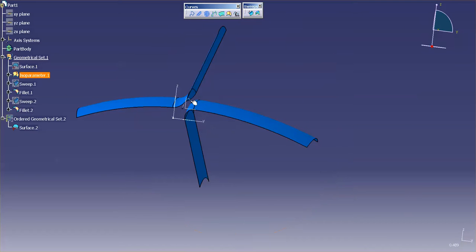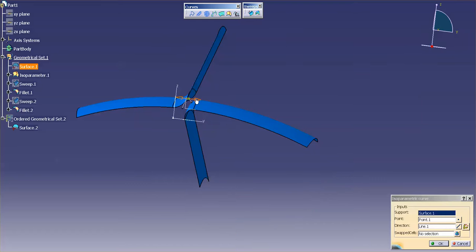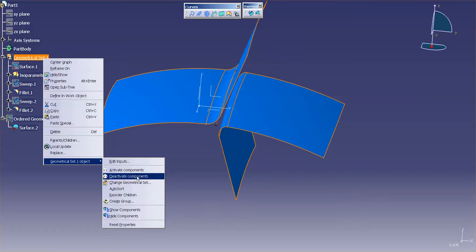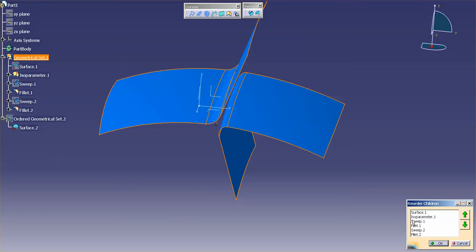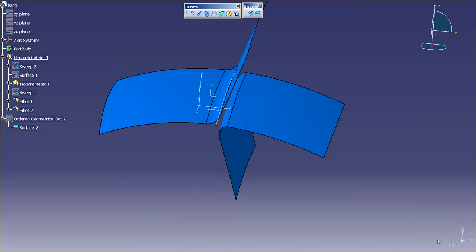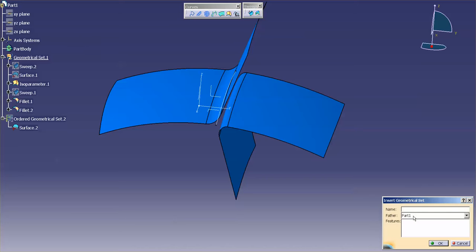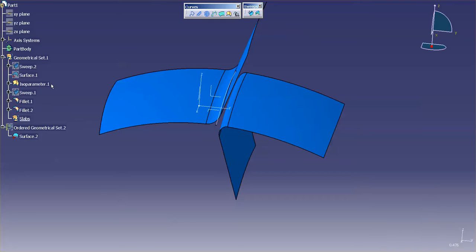So pretty easy, straightforward. I've got all of that data in one geo set. And the other thing that I can do with this is the order in this geo set doesn't matter. I can put this stuff anywhere that I want to. Okay, so maybe I wanted to insert another geometrical set, and I want the father to be geoset 1. I can call this one surfaces, for instance, or slabs,